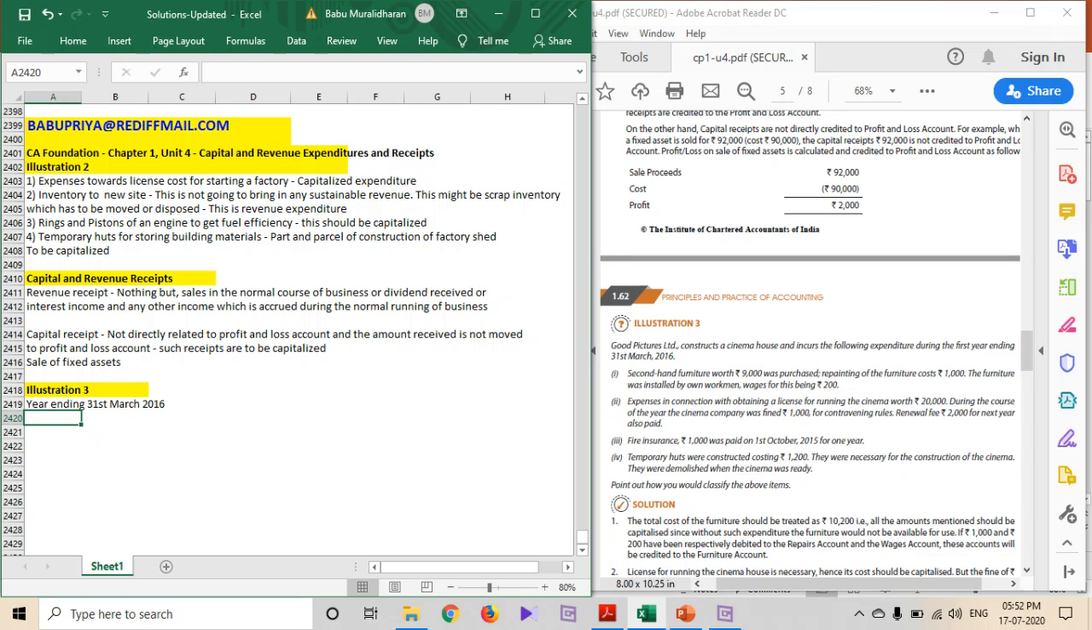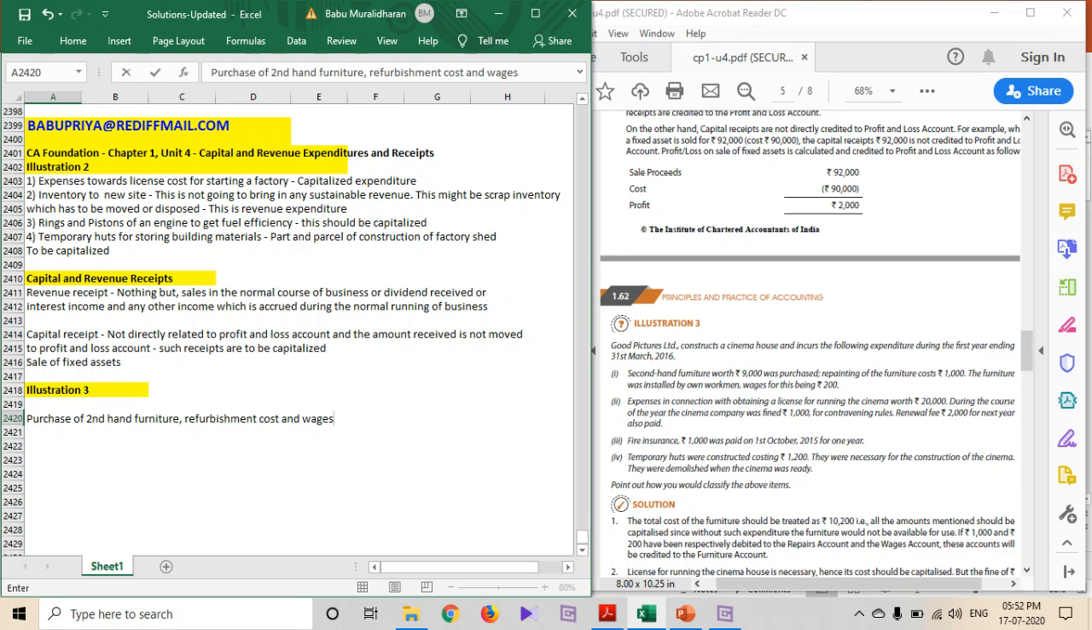Second-hand furniture worth rupees 9,000 was purchased. Repainting of the furniture cost rupees 1,000. The furniture was installed by own workmen, wages for this being rupees 200. Purchase of second-hand furniture, plus refurbishment cost and wages. Whether the furniture is first hand or second hand, the cost of furniture is an asset unless